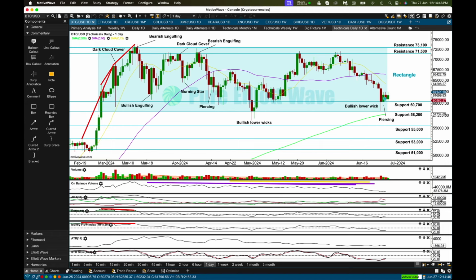Cryptocurrencies can be a bit weak up off their lows, which makes the lows incredibly difficult to identify in real time. It's usually only weeks, sometimes even months, but usually a few weeks after a low has formed that you start to see real strength in upward movement, and then you can have confidence that the low will remain intact. So it's too early yet to say if the 24th of June is going to remain intact, but it looks